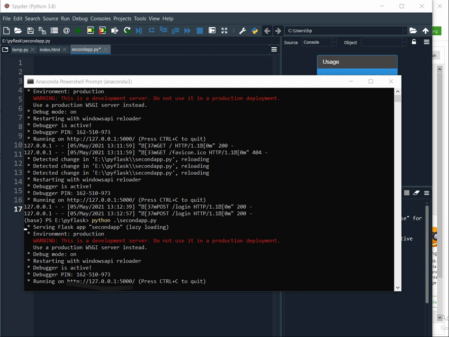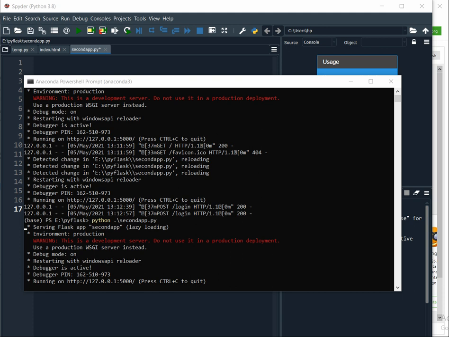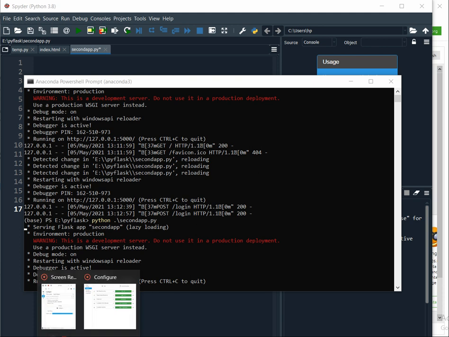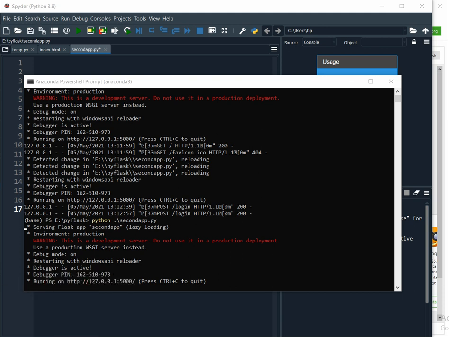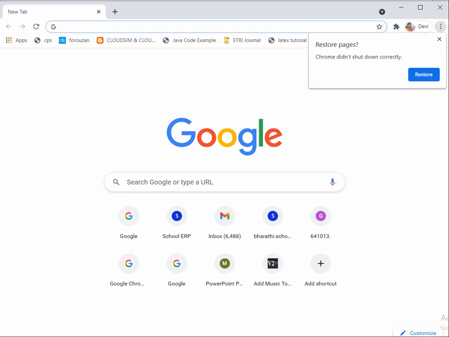Now I have started my web server, so it's running in this localhost. I'm going to the web browser to check whether it is running, right? I'm opening the Google Chrome web browser, and I'm going to restore it.